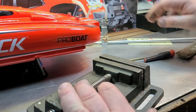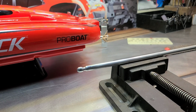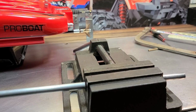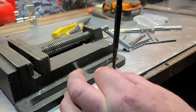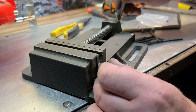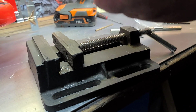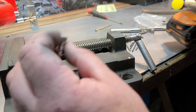Once you've got it all shaped up like we do, like after this stage here, just put it in a vise or something and cut that extra piece off. Then it should look something like that. Nice, matted up. So I'm going to flip it over and drill back through this side. Oh, it's a little warm. Make sure you